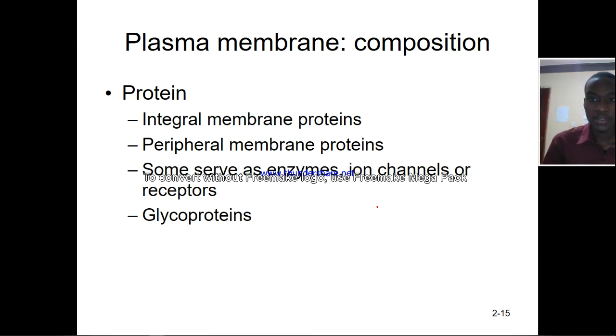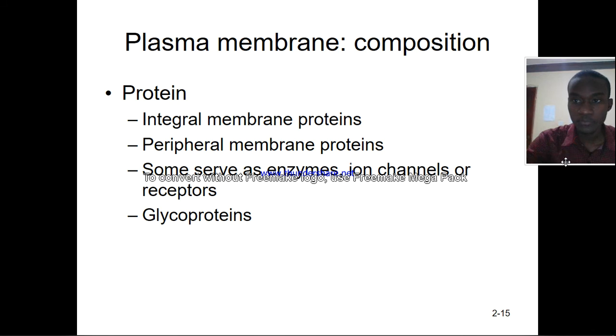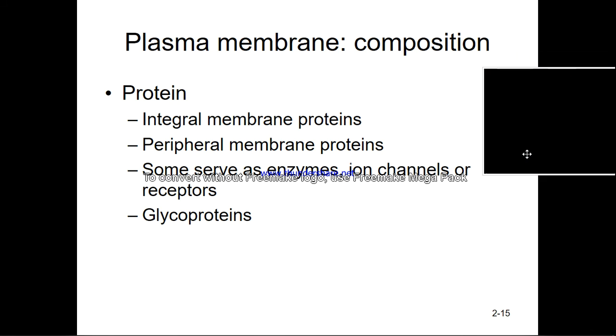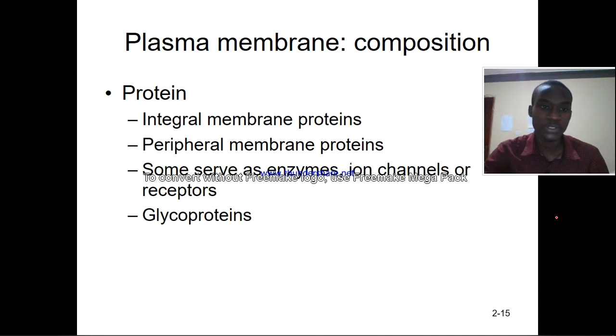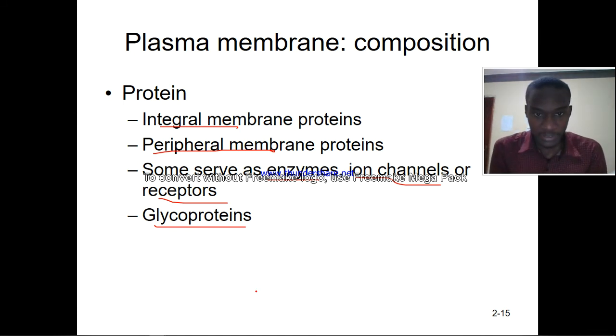So the other category of molecules that we find within the cell membrane are the proteins, and we can find them as integral proteins, peripheral proteins, or enzymes, ion channels, receptors, or we can find them as glycoproteins. Glycoproteins can also function in communication between cells. And then the receptors are protein molecules that appear on the surface of the cell membrane and also function in communication between cells,